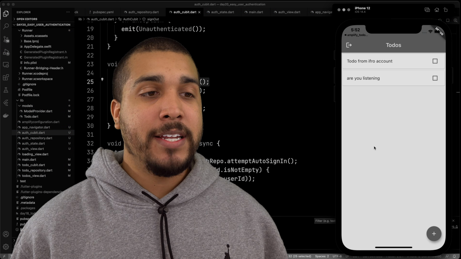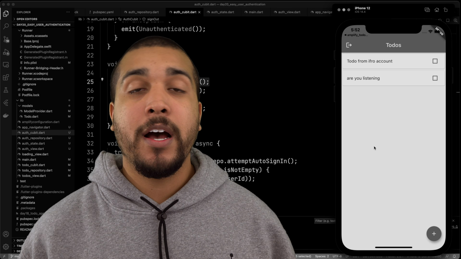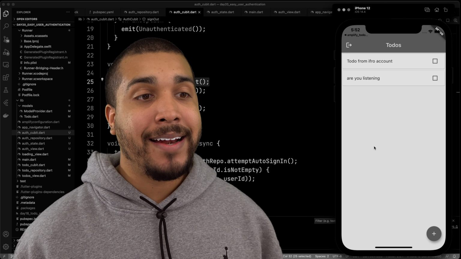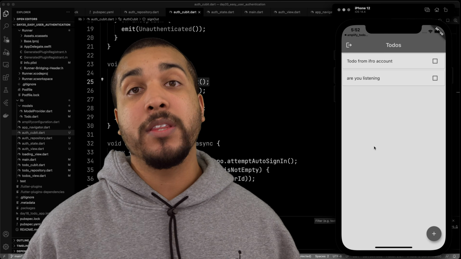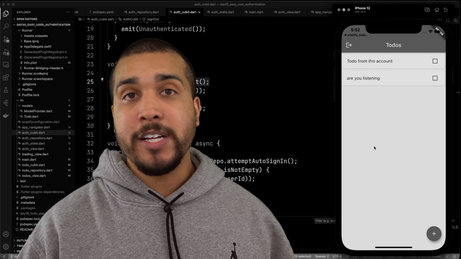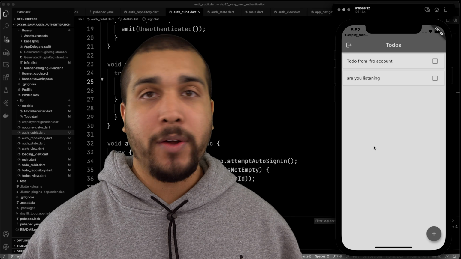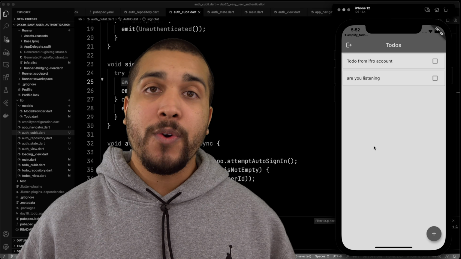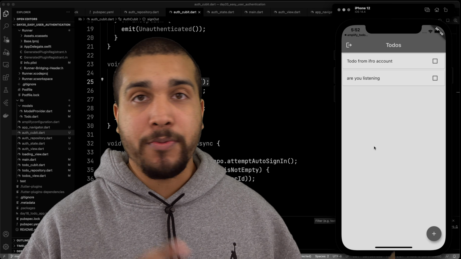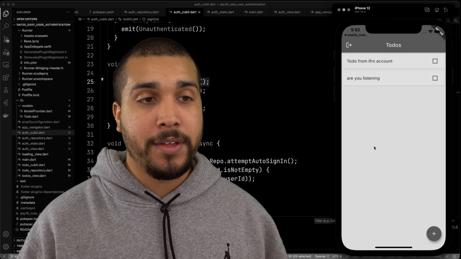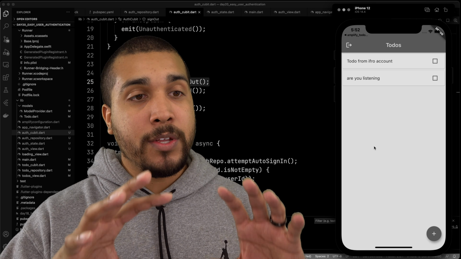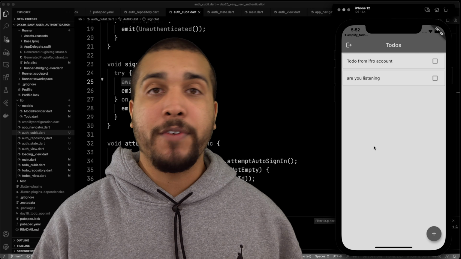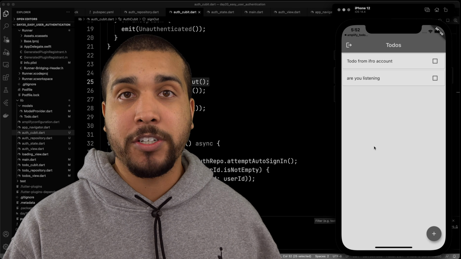So that's going to be it for today. That's all I wanted to show you, how to get up and running with authentication and adding it into your app. We did it the really easy way, where we were using the web auth to just get our entire sign-up flow, so we didn't have to worry about dealing with form validation or anything like that. We didn't have to set up like 3 or 4 different screens just to go through all the different processes of signing in and signing up and stuff like that. So using the web sign-in can be great if you're in a pinch and you want to get some type of functionality